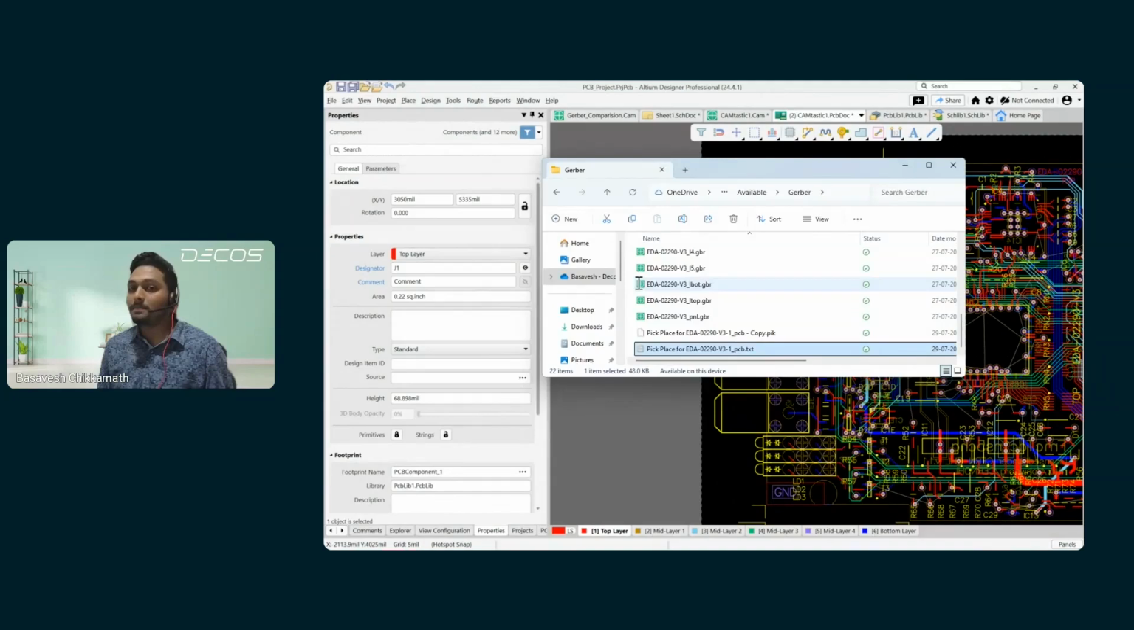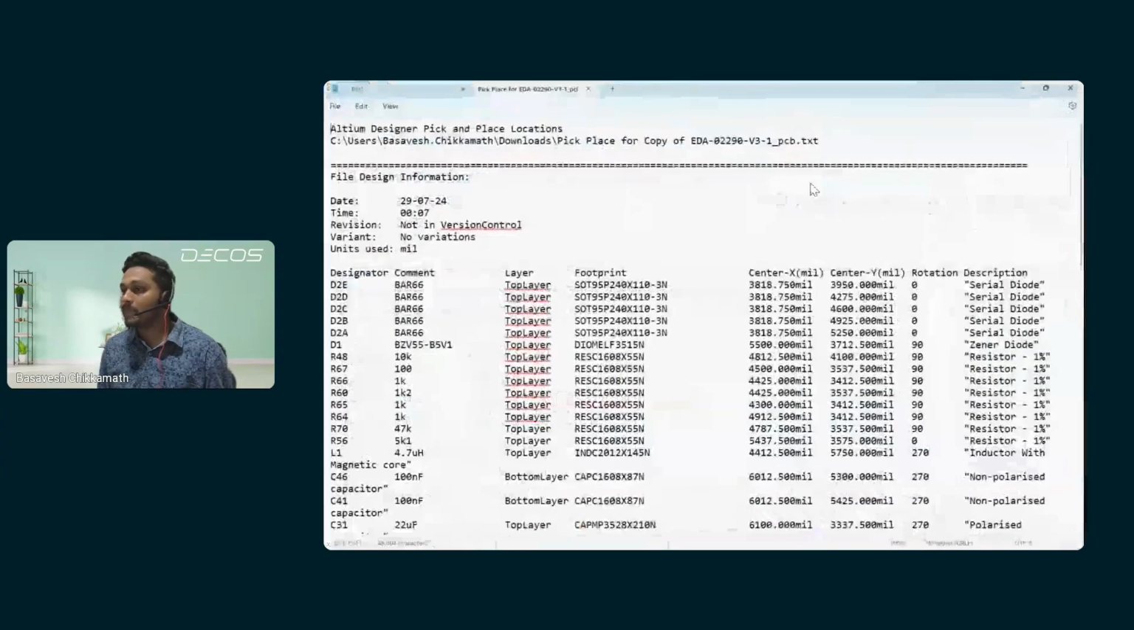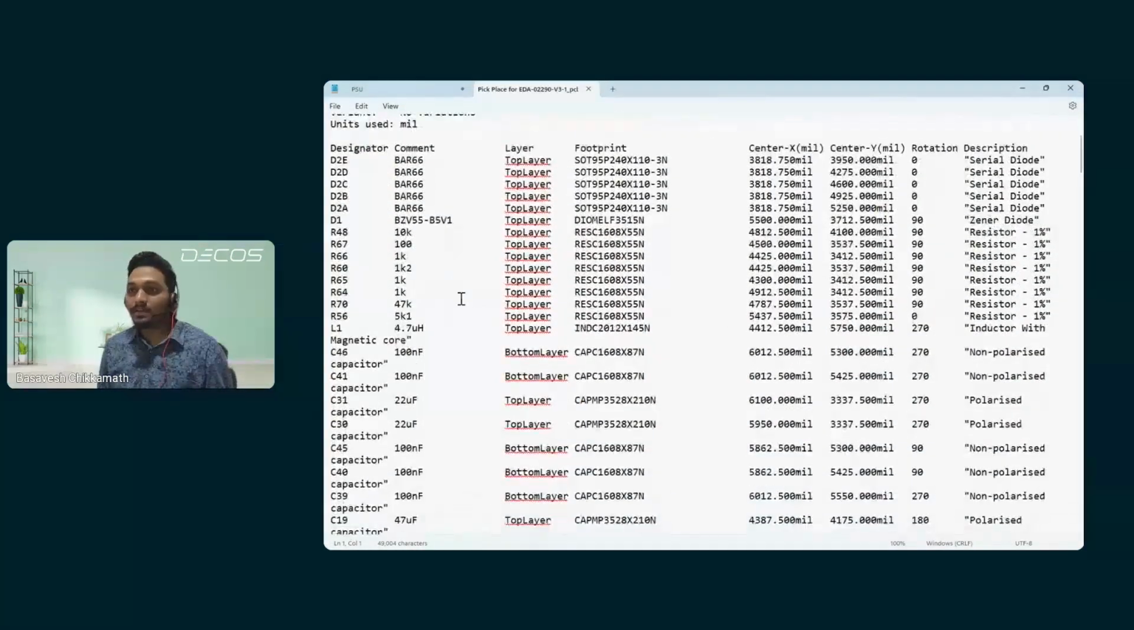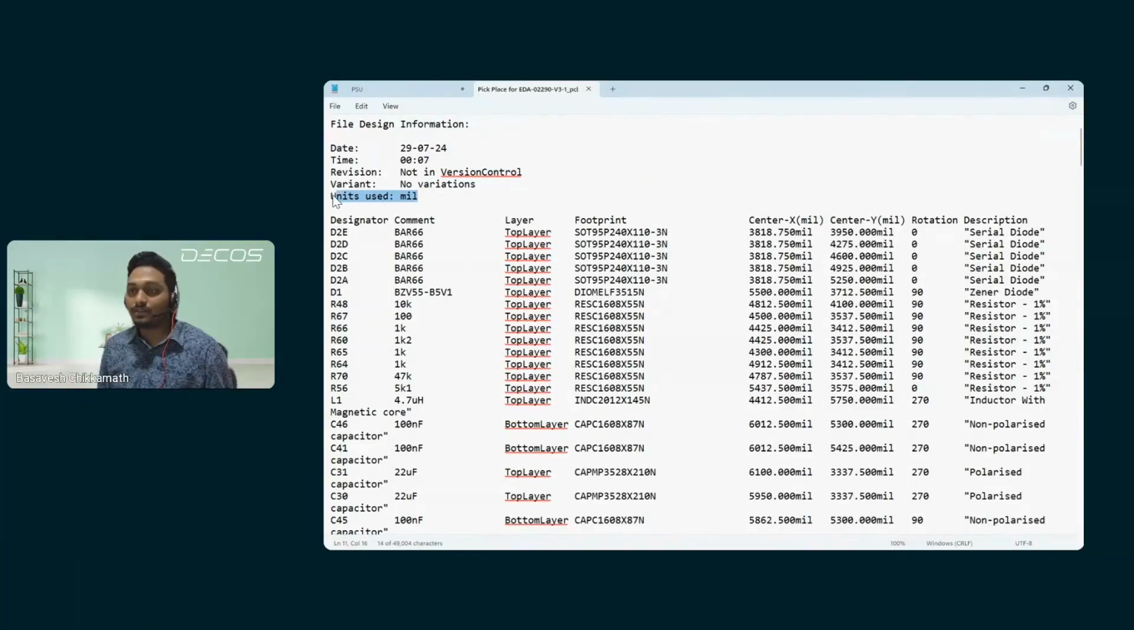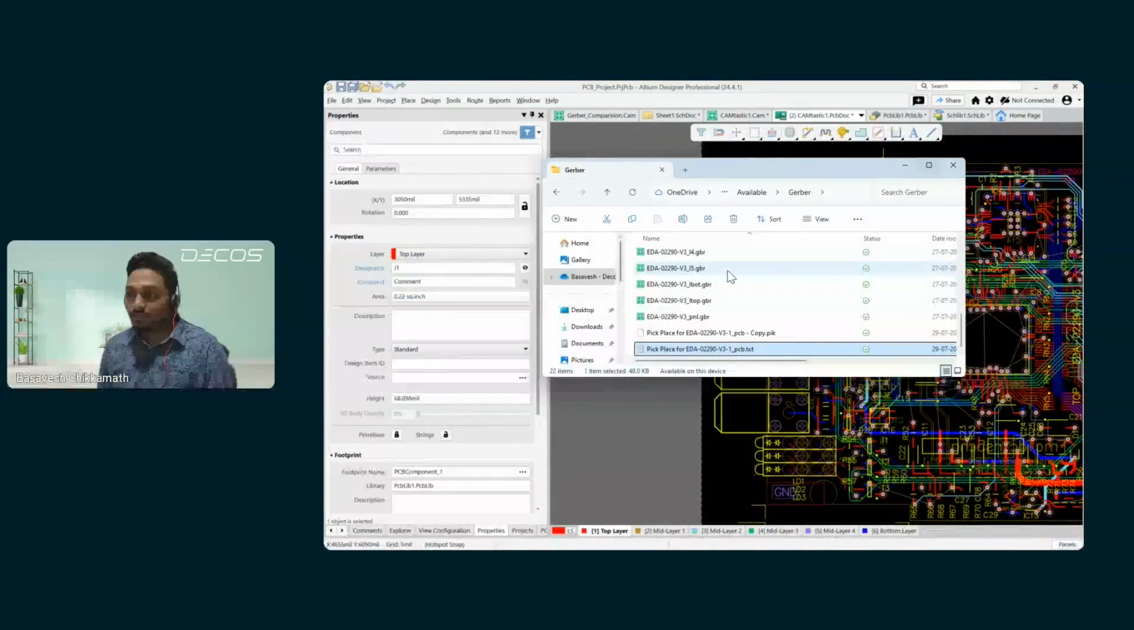So here is a pick and place file. Inside this file, we can see the unit in which it was exported, the list of components or designators, the comments, the layer in which this particular component has been placed, the footprint name, the XY location, and the orientation of it. All of this will be present, but we cannot straight away import this